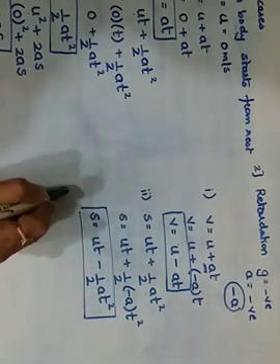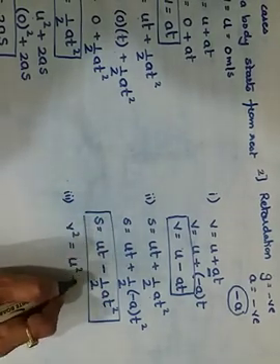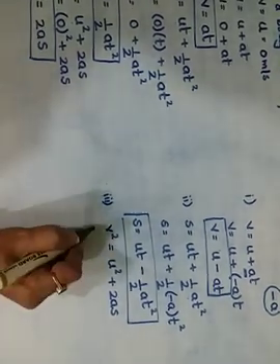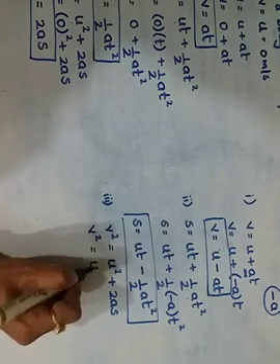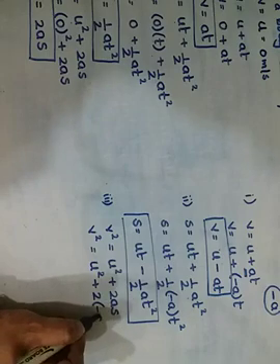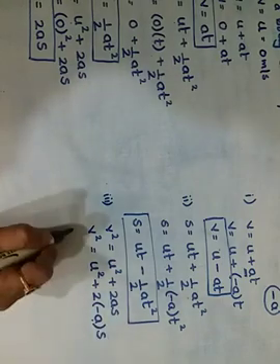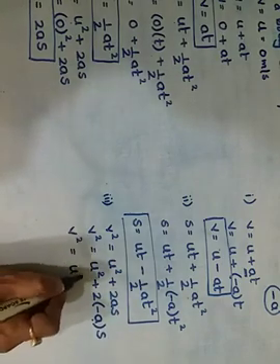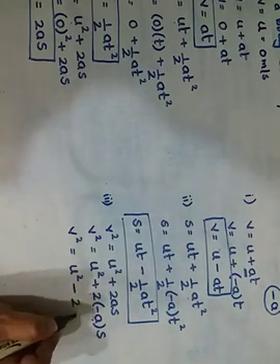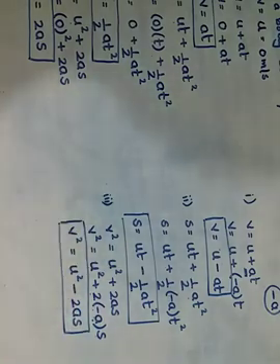Similarly the third equation, which was v square is equals to u square plus 2as. Here again we change the value of a. v square is equal to u square plus 2 into a, but I said in place of a we are going to put minus a because it is retardation, into s. So v square is equals to u square. What is plus minus? It is minus. The multiplication 2as. Again the sign has changed and the equations have also changed.